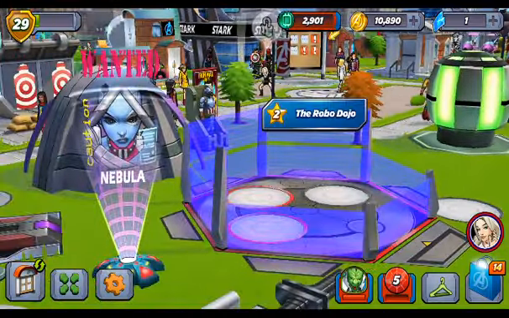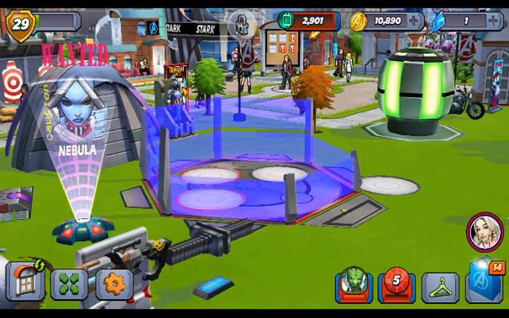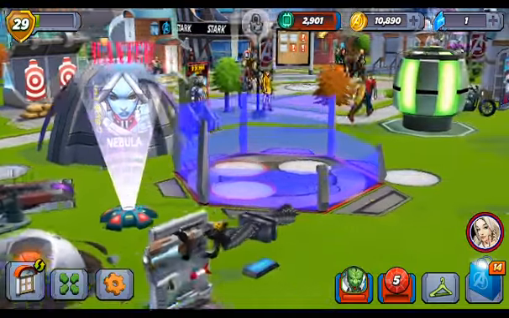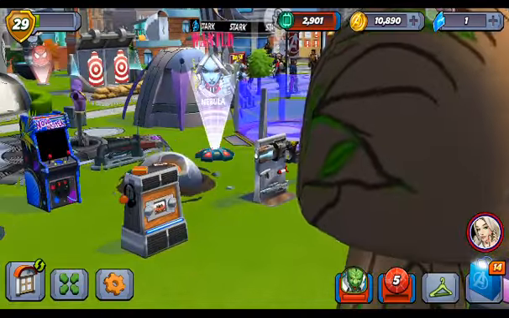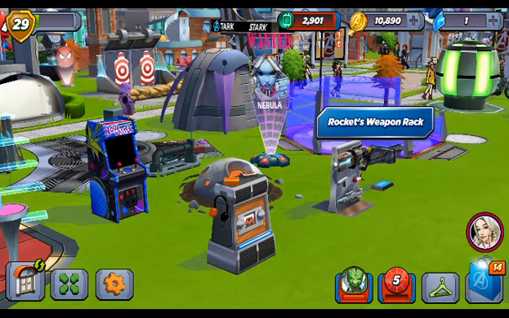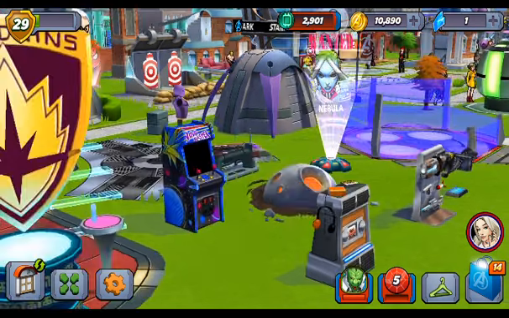Next to that is the Robo Dojo. This came up during the Guardians of the Galaxy event, as you can tell by this Nebula Wanted poster, this hologram poster that's next to it. This whole area here was for the Guardians of the Galaxy sections, so it had Star-Lord's cassette deck, Rocket's weapon rack, a meteorite, a Nova Blaster arcade game,